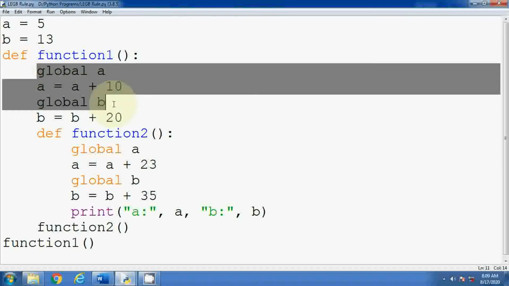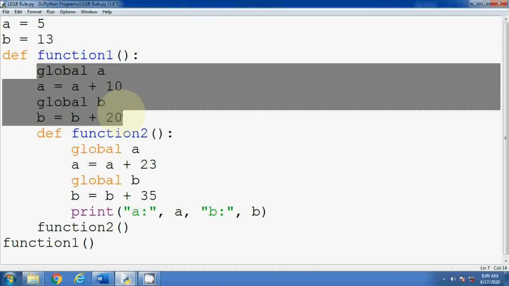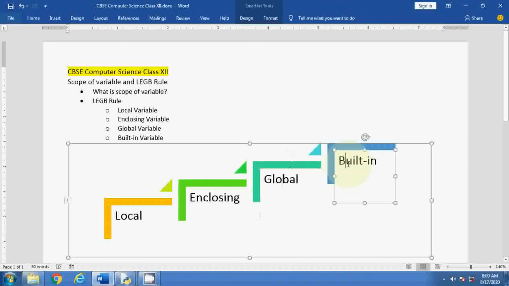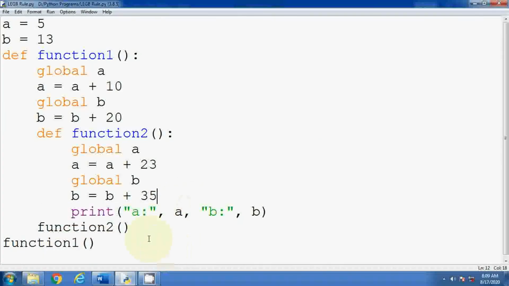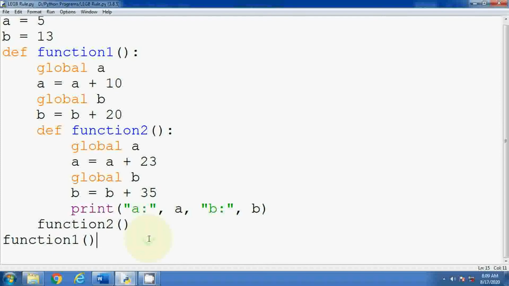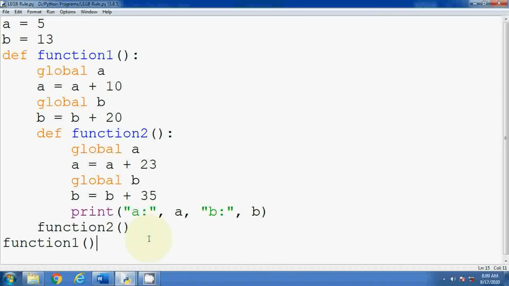So now let me move ahead, and that is built-in variable. Built-in variable means in Python we are using some modules by importing the statement. So if you want to use such type of variable from their function, you can write built-in variables. So that is called built-in variables only, which is declared already in that particular package. So let me consider one example here.